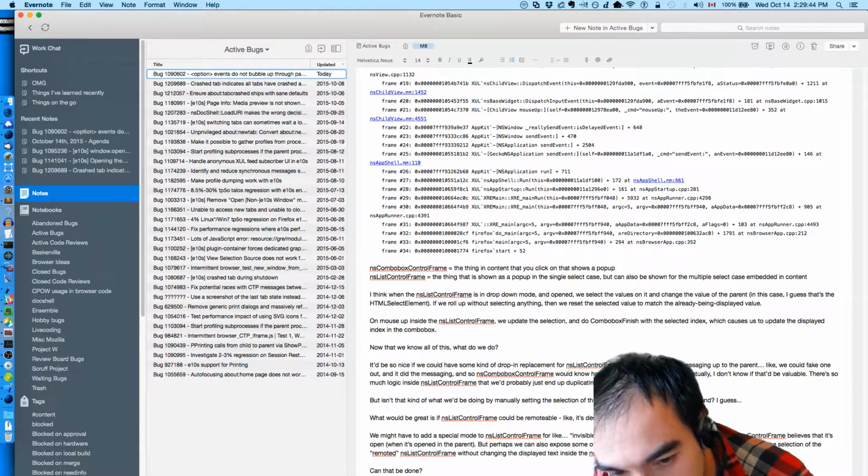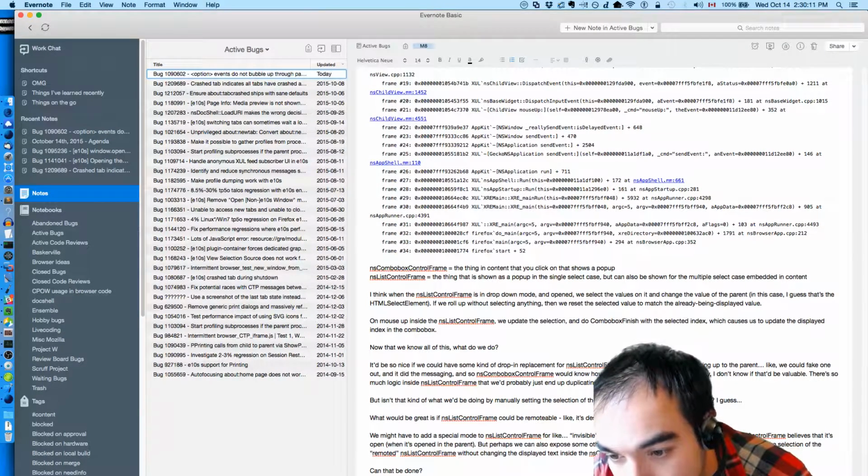Remote mode, and then the ability to listen to a special type of message or event that will allow it to change its internal selection without reflecting it in the NS combo box control frame.